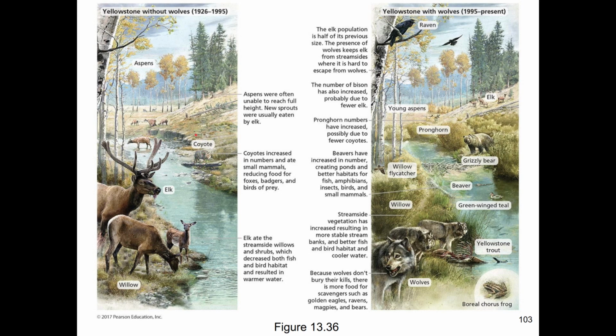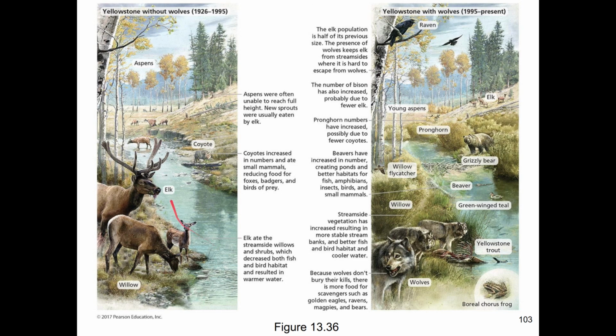So there were wolves that were eating animals. With the wolves removed from Yellowstone, coyotes, which are smaller, increased, ate small mammals, which reduced food for foxes, badgers, birds of prey. So that would reduce the diversity. Because there weren't wolves, the elk were overpopulating the park, and they were eating the trees that shade the rivers that keep them cool so you can get good fish like trout in the rivers.